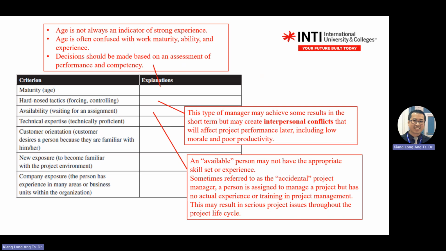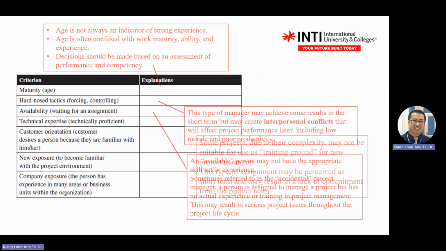Okay, so if you have staff that is always available, always free, maybe something is wrong with this staff. Why is he free? Because people don't trust him for the work, maybe, or maybe he doesn't have the expertise for that subject, so he's so free. So it can be this kind of person. Maybe he doesn't have actual experience, and you need to give him training, or you need to check why he's so free. Something must be wrong.